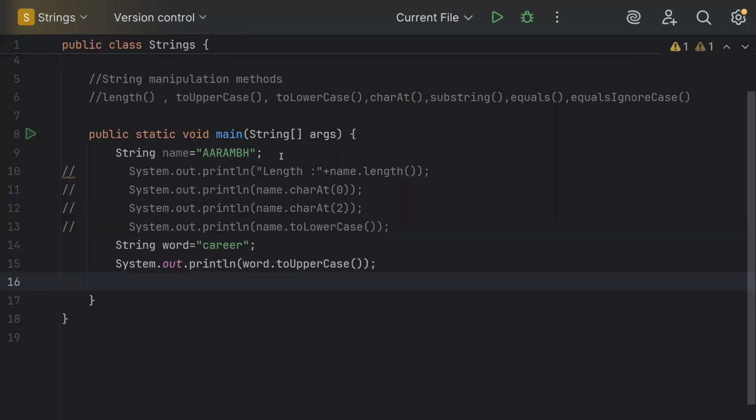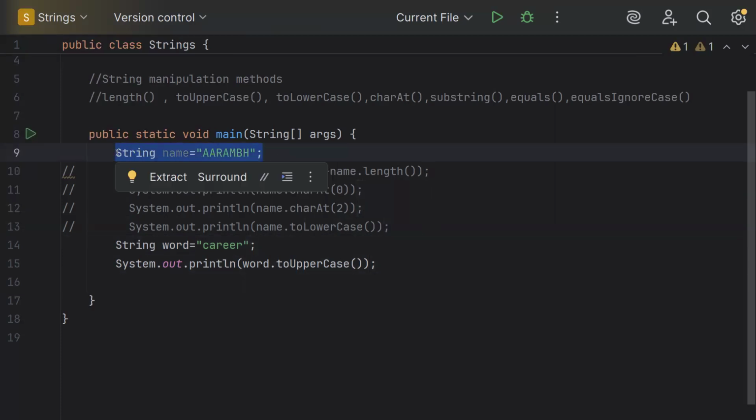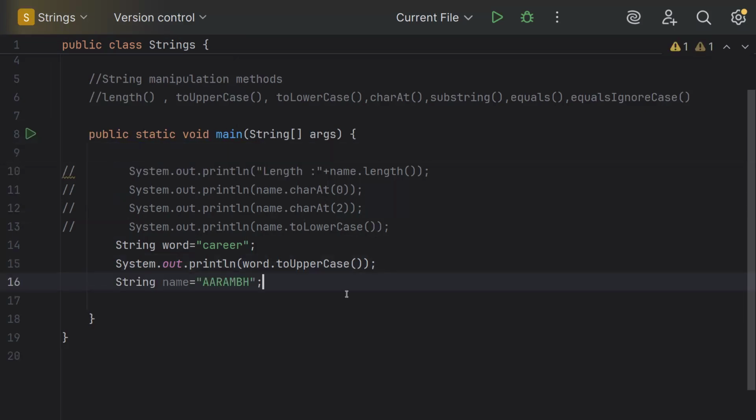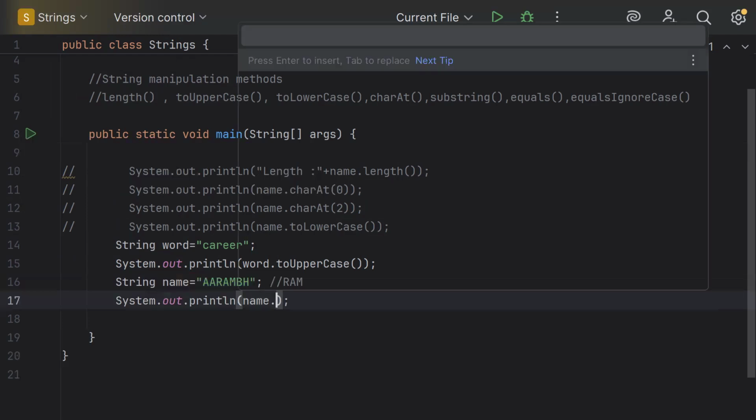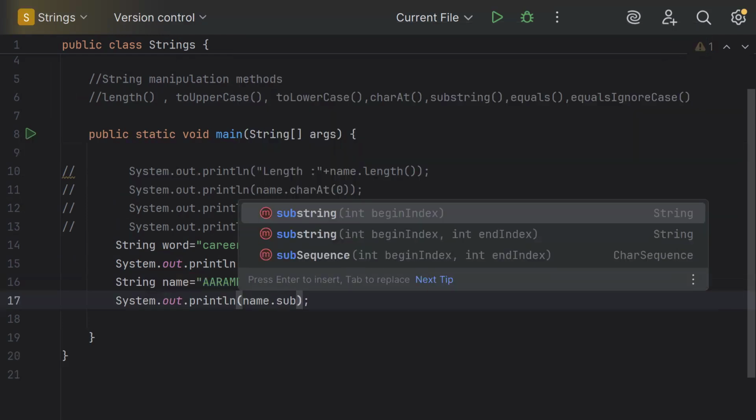So let's say this is my string, right? String name equal to Aarambh. From this, let's say I want to extract the word Ram, RAM. So how will I do that? I'll say s out of substring. When we want to extract a substring, that is a smaller string out of a bigger string, we use the substring method. So name dot substring of,